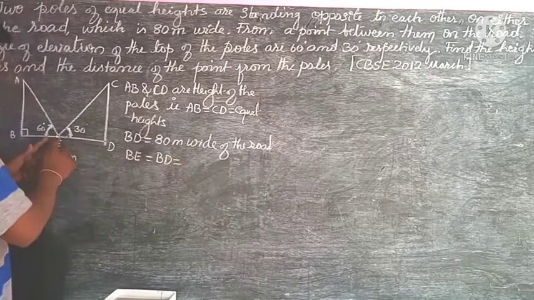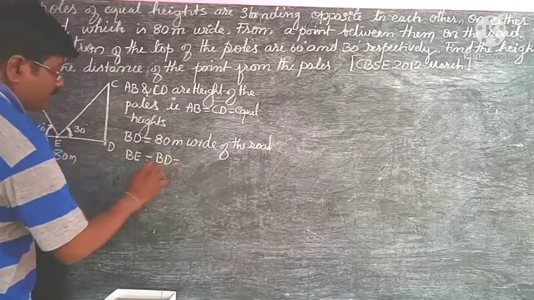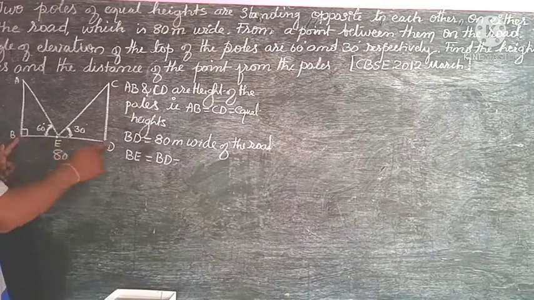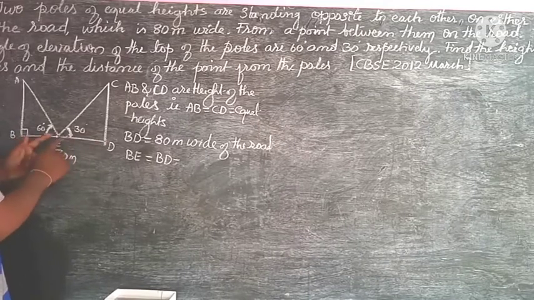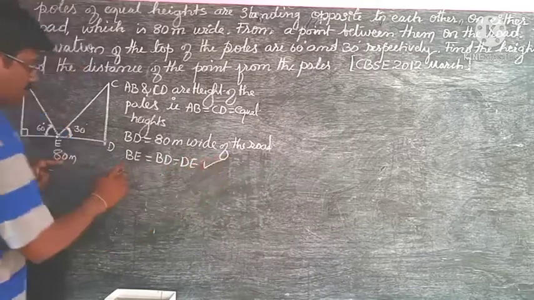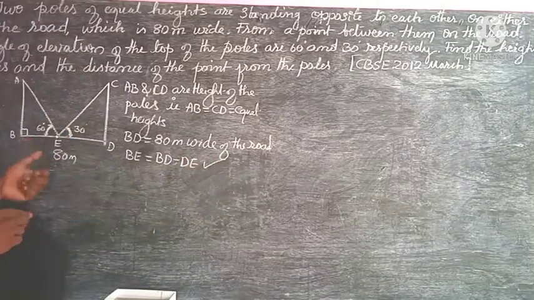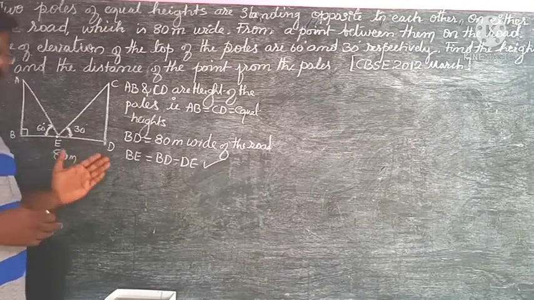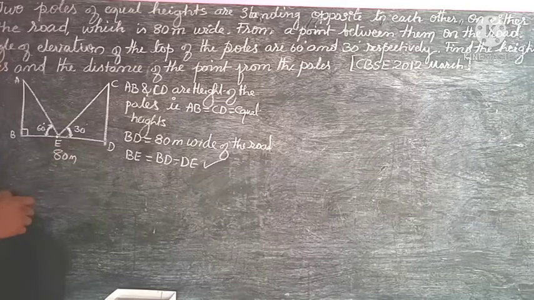You can subtract DE from BD. BE can be obtained from the total length of BD by subtracting DE. But BE is not given, so you have to find out the BE length as well as DE. So how do you find this?